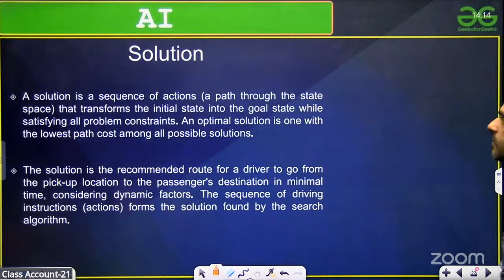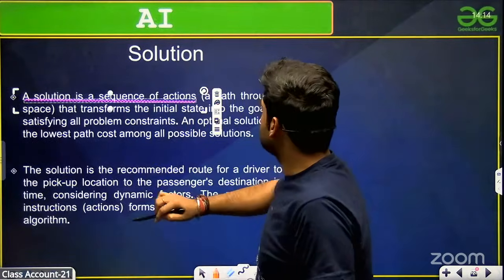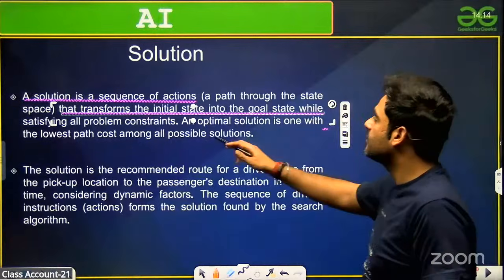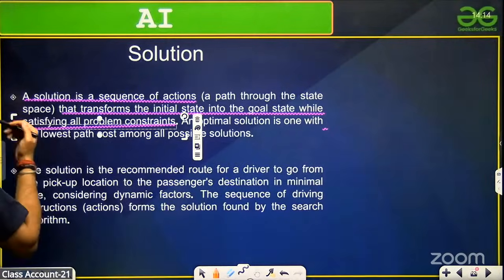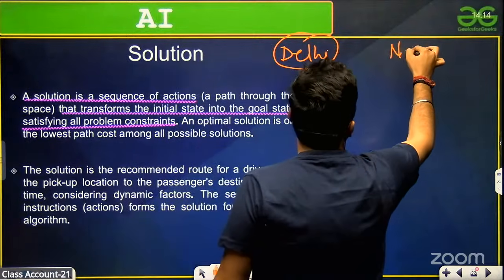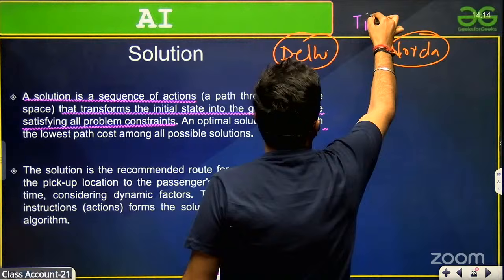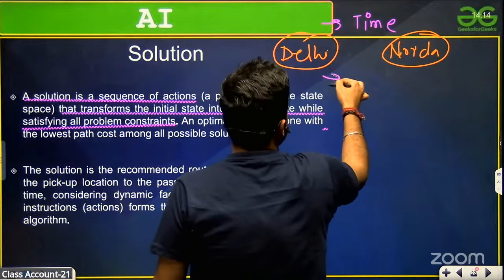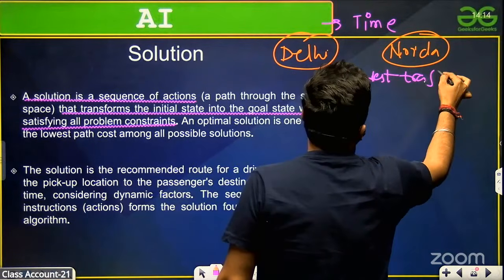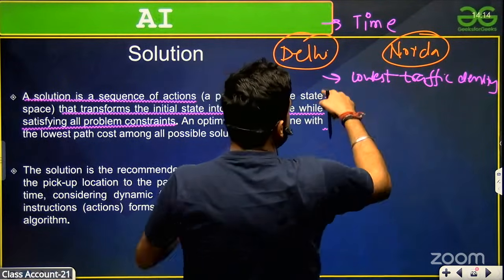Then what is a solution? Very simple. Solution is a sequence of actions that transforms the initial state into the goal state while satisfying all the problem constraints. I need to travel from Delhi to Noida in the shortest time, with the lowest traffic density, and